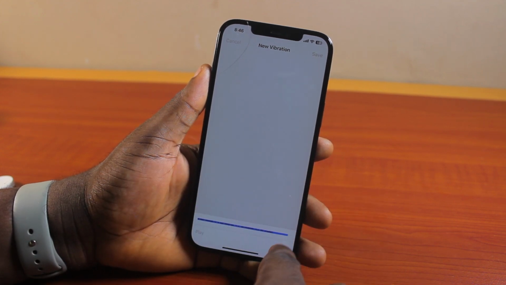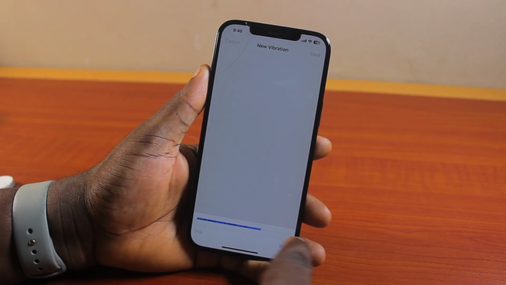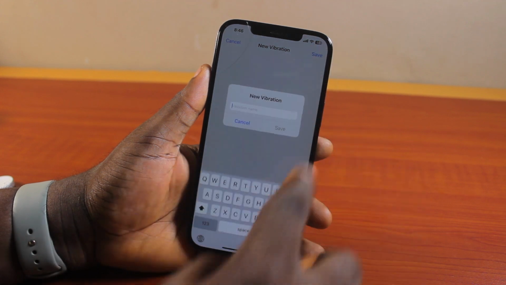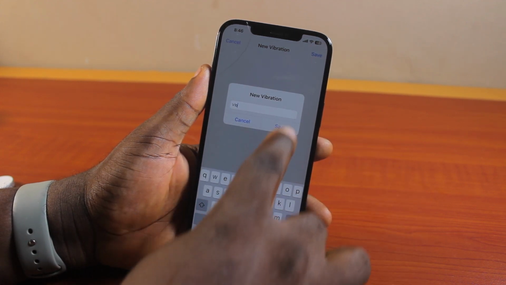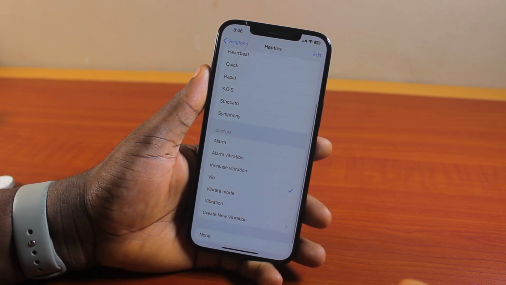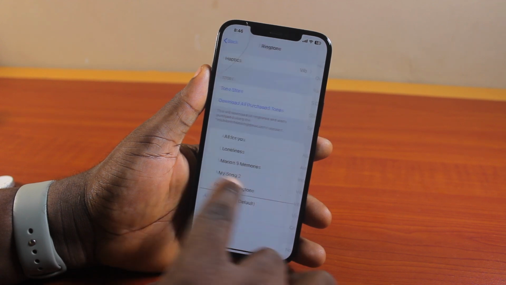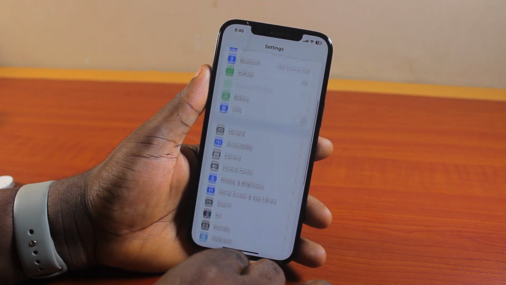So once you're done, just go ahead and click on stop. Now, once you click on stop, go ahead and click on save. Then give this a name, save, and then set as a vibration on your iPhone. So you're good to go. So that is basically how to turn on